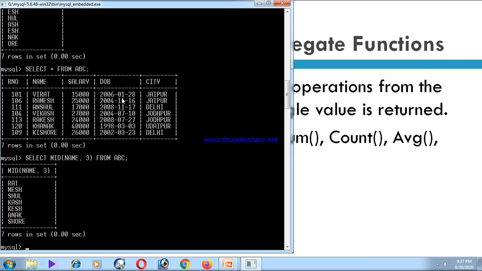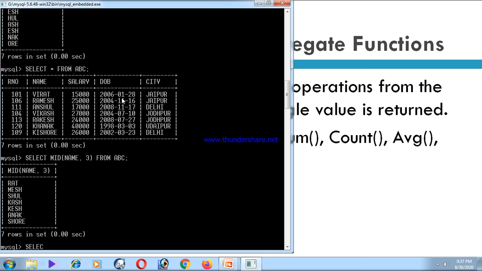Third alphabet, RAT, starts from the third alphabet, and all the remaining alphabets are there in this output. Ramesh, MESH, third position, M, so MESH. Anshul, third position is SHUL, it is the output.